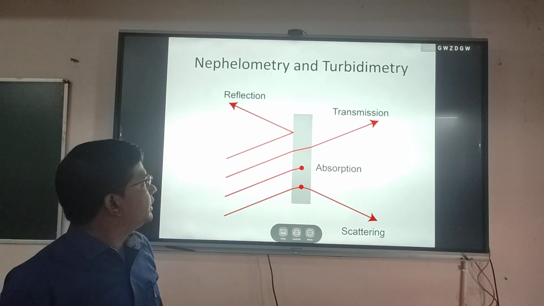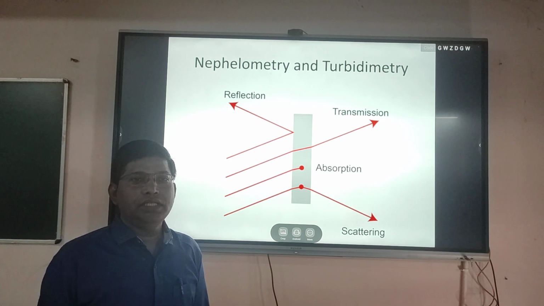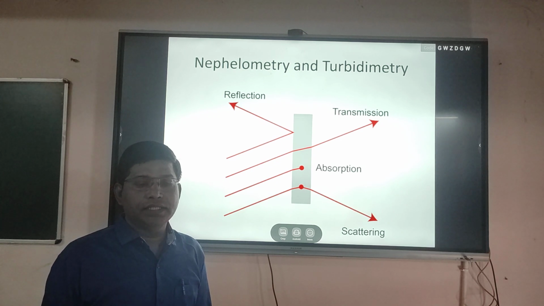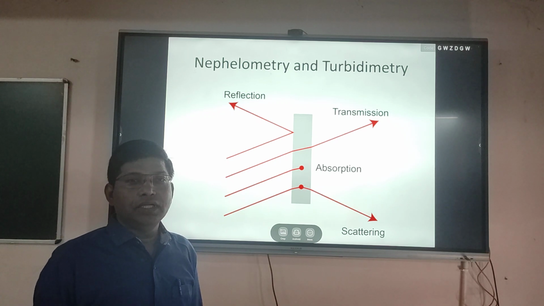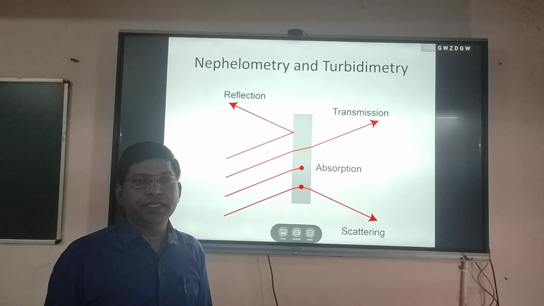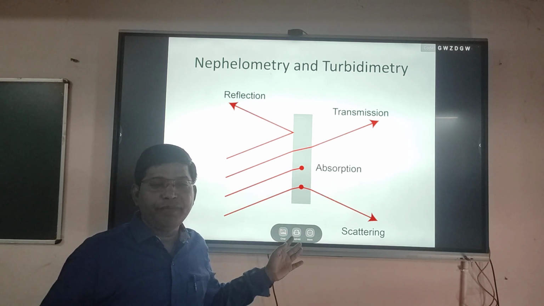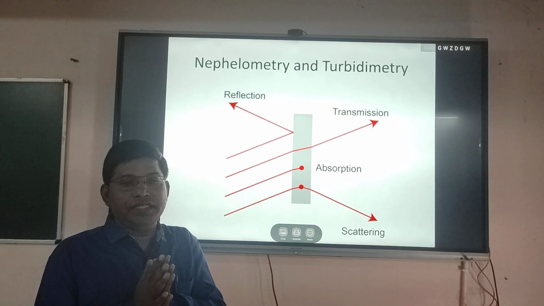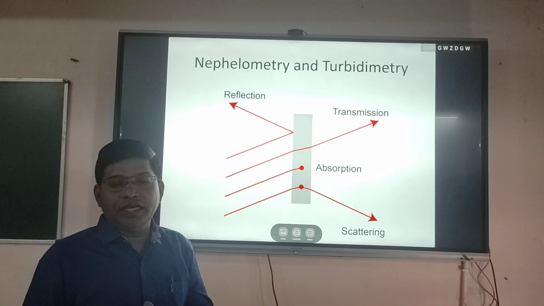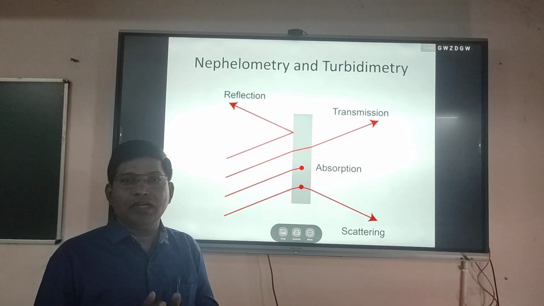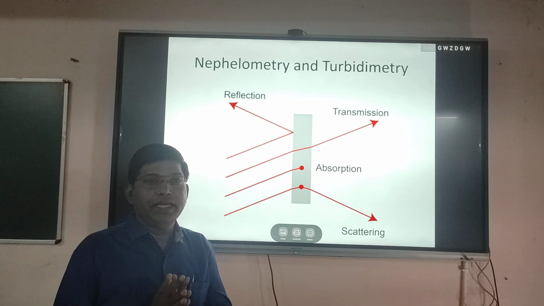And here, in turbidimetry, a turbid solution is used for analysis, and similarly in nephelometry the solution should be turbid, in the sense that it has some suspended particles. So in nephelometry the solution phase has suspended particles. Like in UV visible spectrophotometry, the solution should be homogeneous, where the transmitted light is measured.